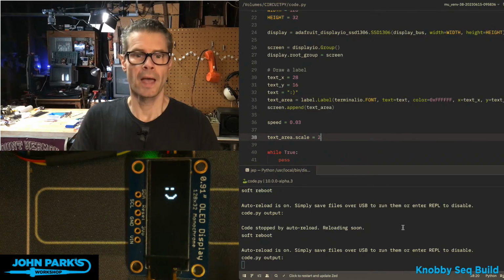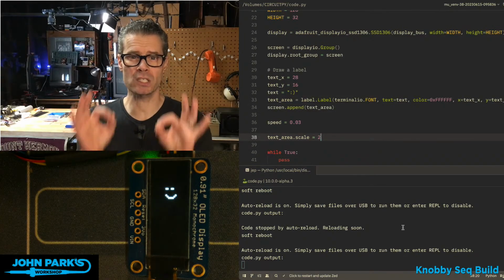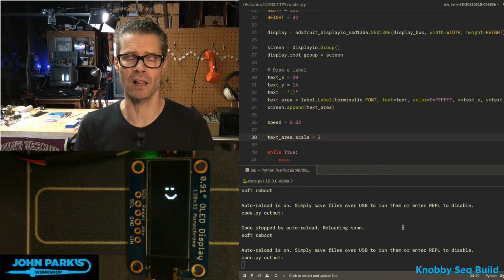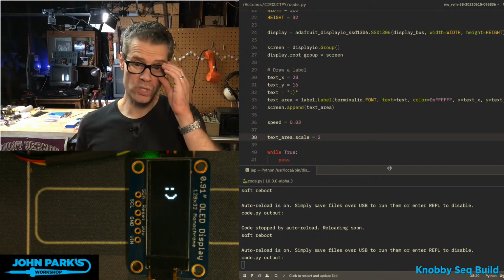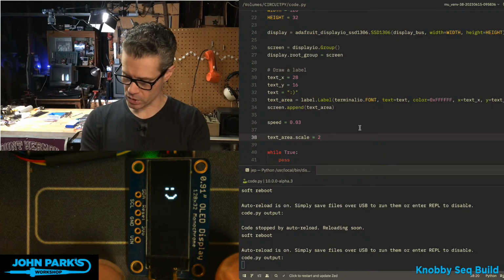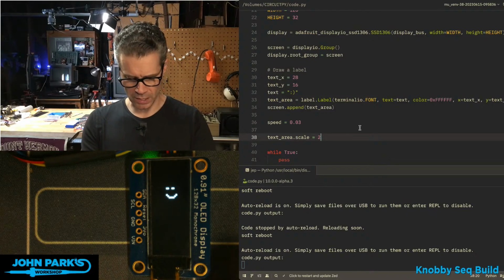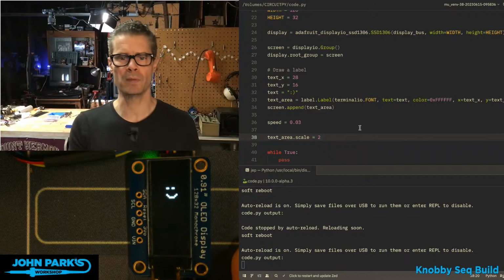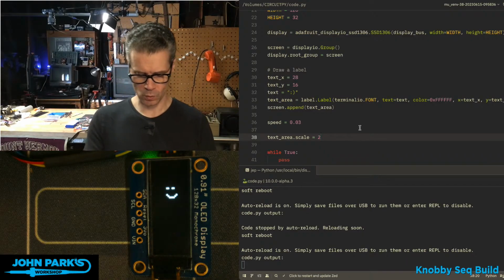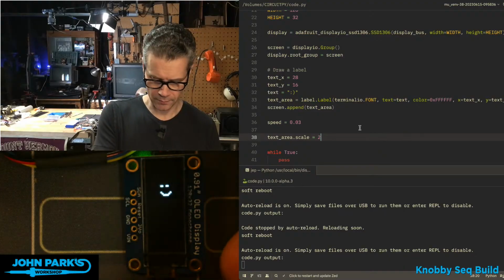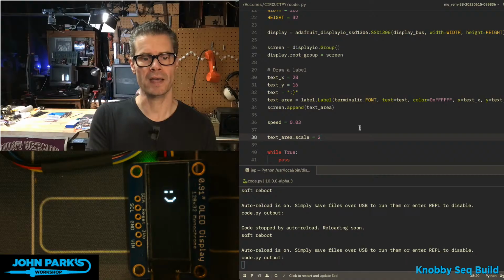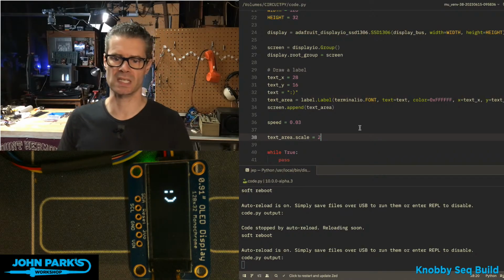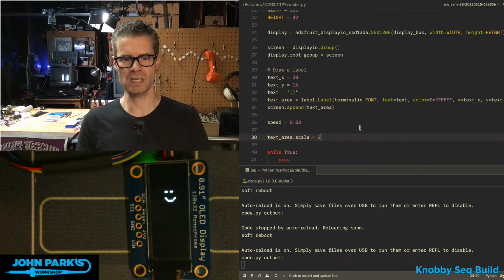Hey, for the CircuitPython Parsec today, I wanted to talk about adjusting the scale of displayio objects using the .scale property. What you see right here is a little OLED screen. I just have it vertically oriented. It's plugged into a Feather RP2040 over I2C. So it's a little I2C OLED. And I have a little emoticon, ASCII type. It's a colon and a parenthesis. I don't remember what we call those anymore, but it's a smiley face.